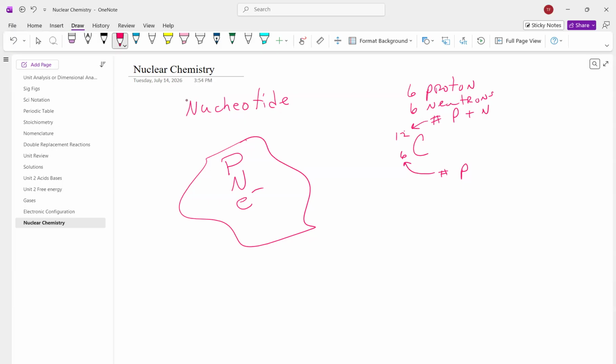Now, if we look at an electron, the scientific community says an electron has 0 mass. That is not true. It's very small, but it does have mass. Now we're going to talk about something that doesn't have mass in a second. So we can write an electron